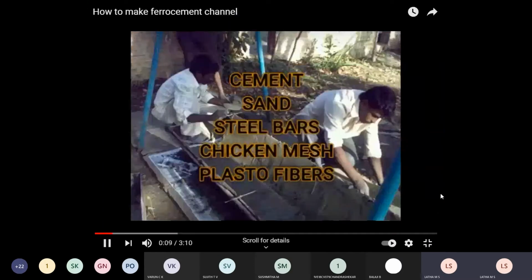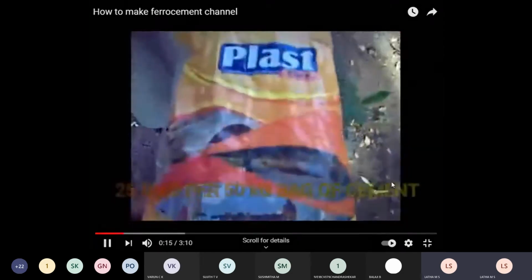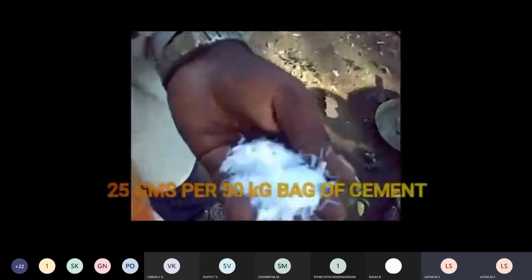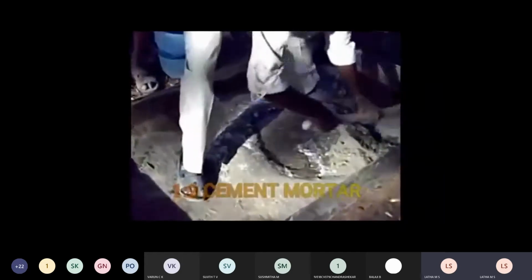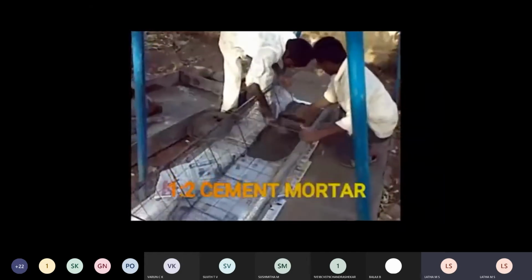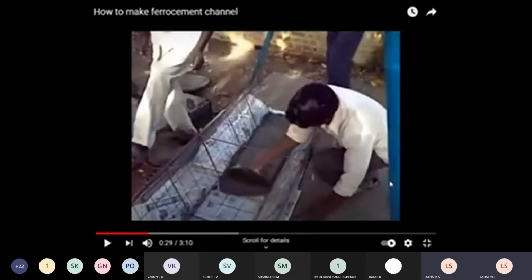This is an example of ferrocement channel. So some fibers have been used. Now what is the shape of the channel? They are taken here, students. What is the shape of the channel? It's a trapezoid type of channel that they have used.